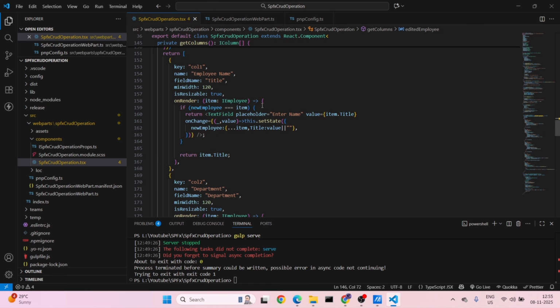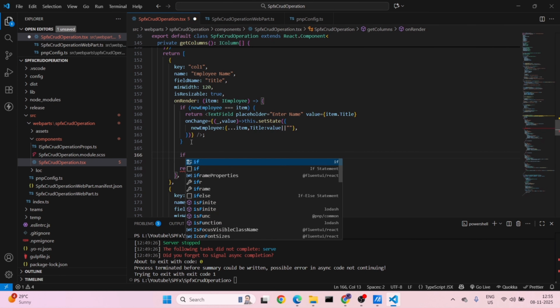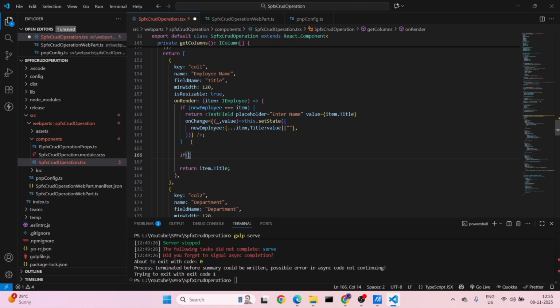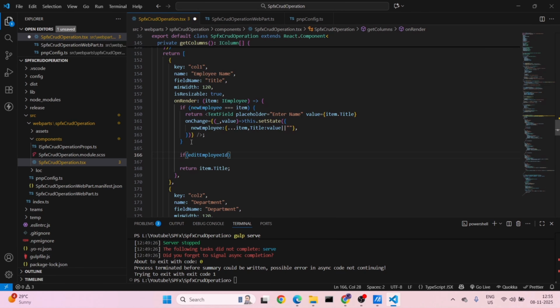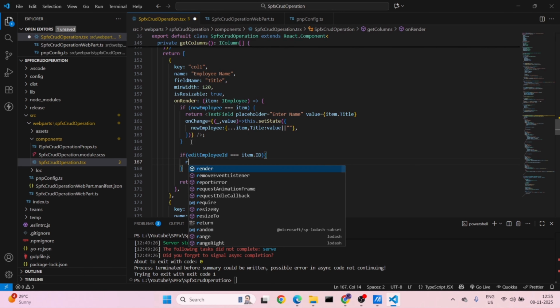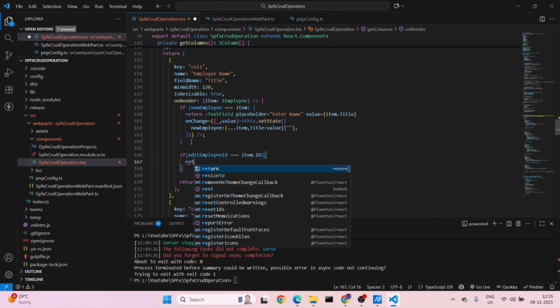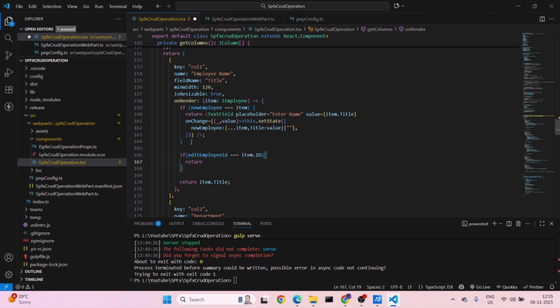So here the way we have written, if editEmployeeId triple equals item.id, then what we will do, we will return